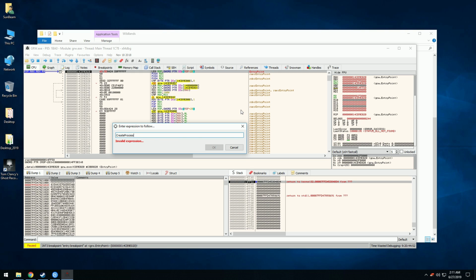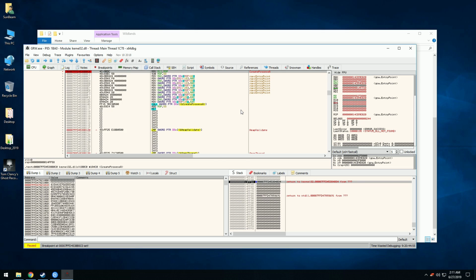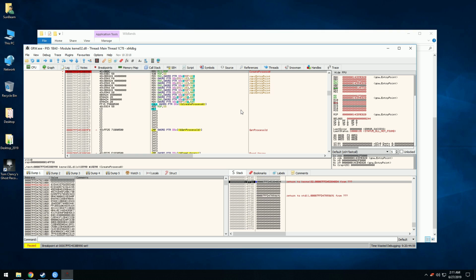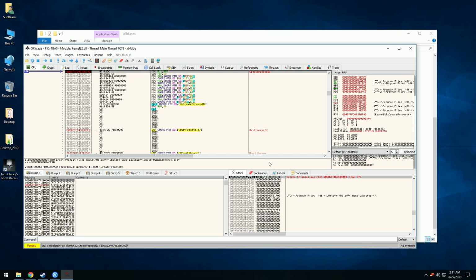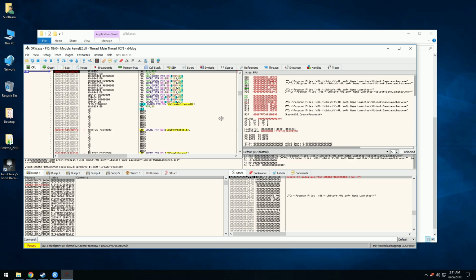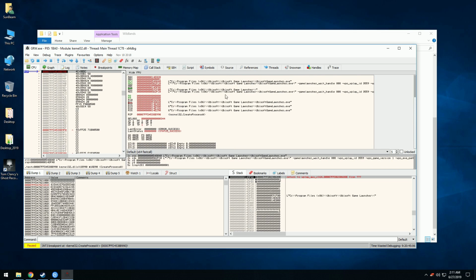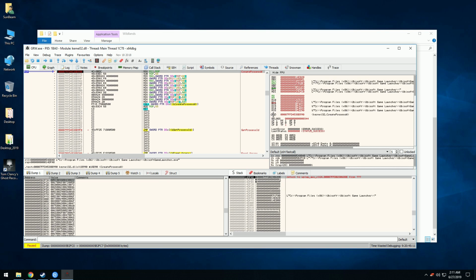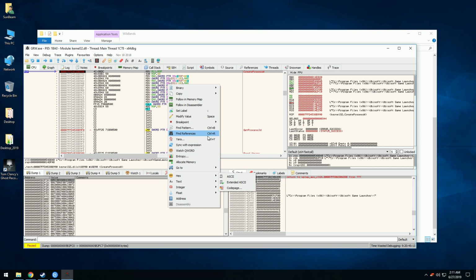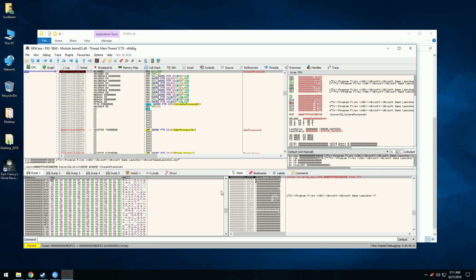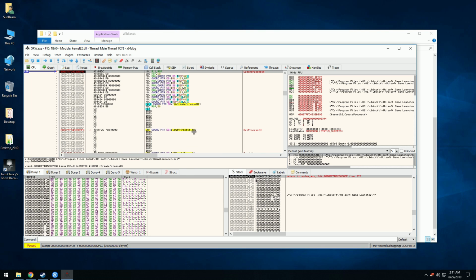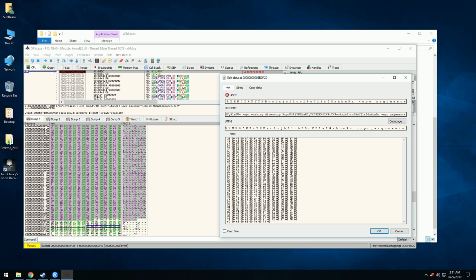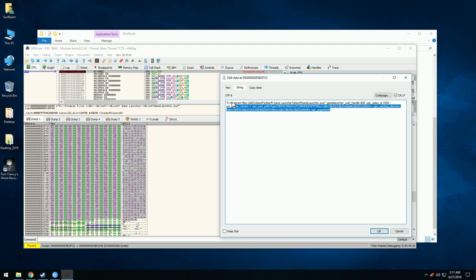process API. Since I don't know which one will be used, I'll breakpoint both and press F9, and then this will happen. As you can see, following dump, and then hex ASCII, and then select everything in here, and then press Control E, and then go to string, and then